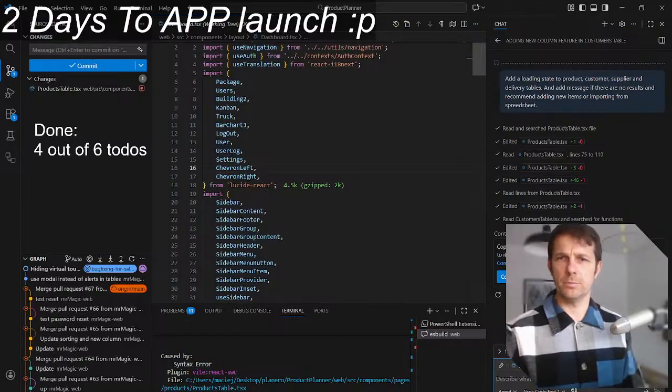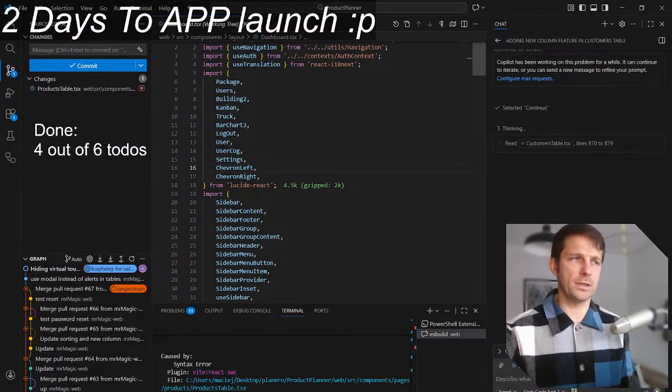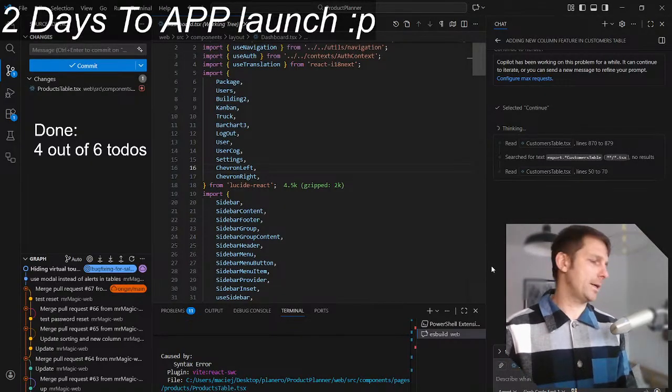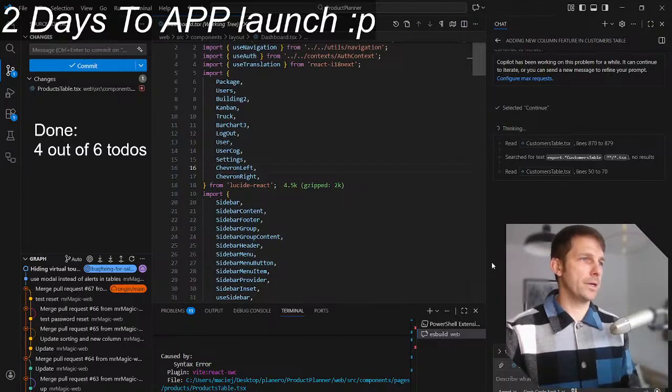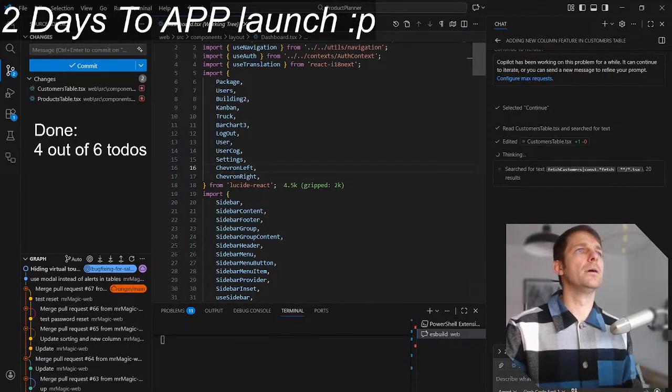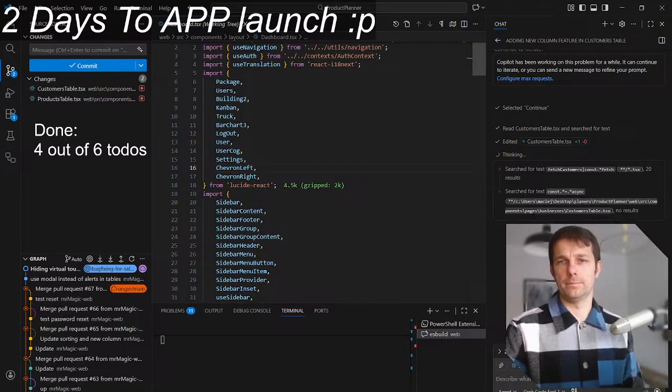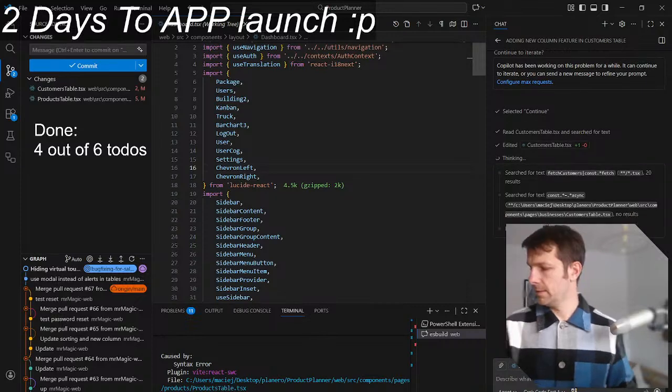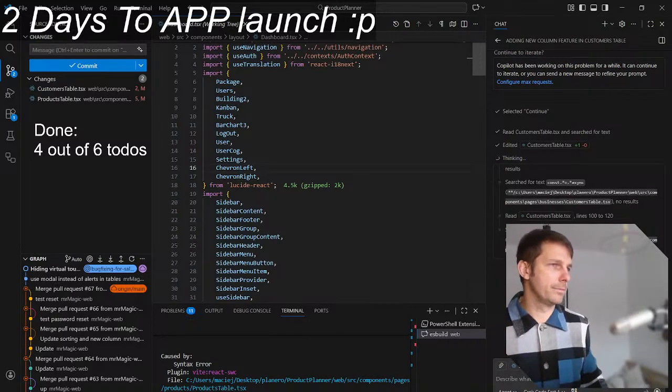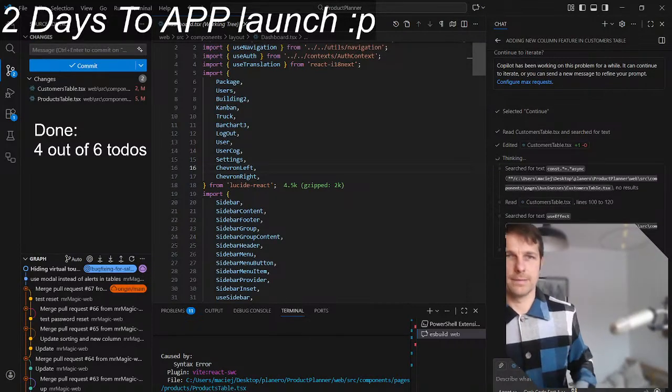Yeah, continue. Copilot has been working. Yeah, but you can keep on working. Dude, like why are you this lazy, Copilot? Yeah, let's sit down. I think like my legs are actually getting tired.